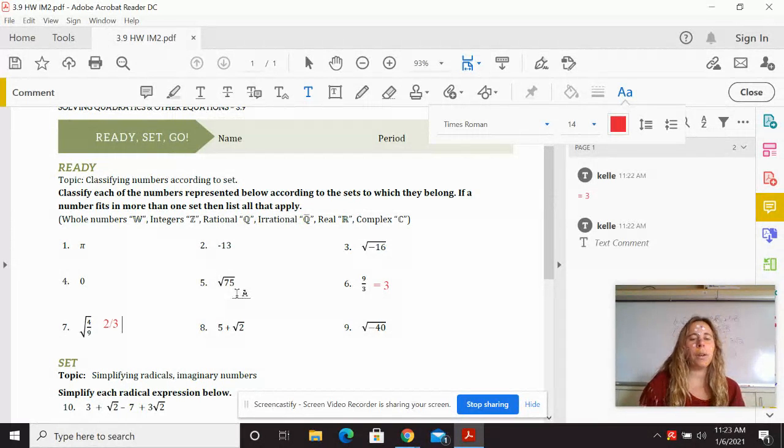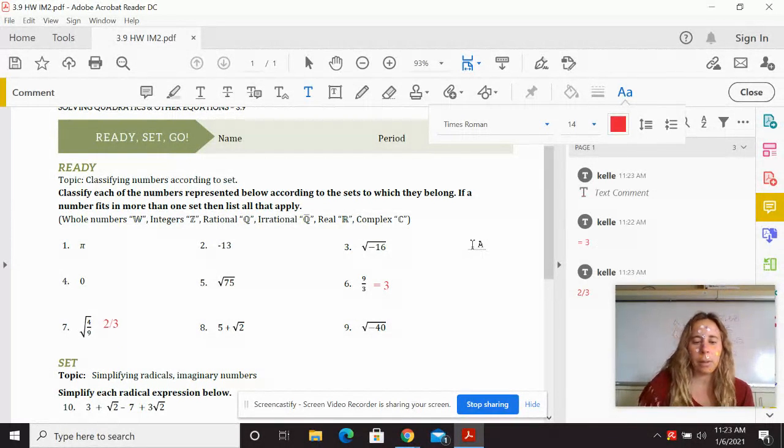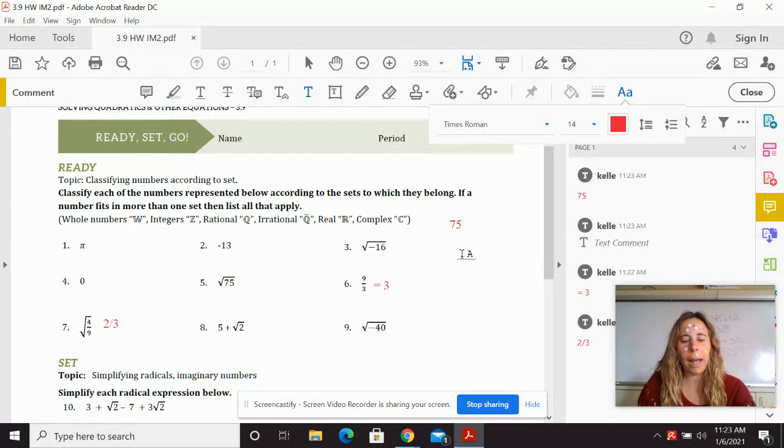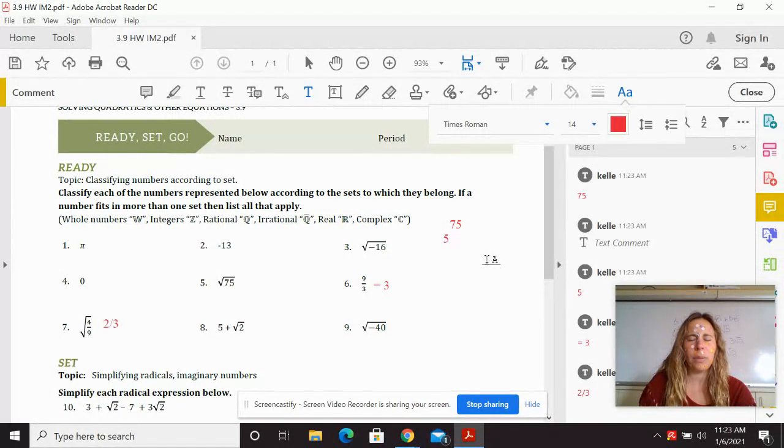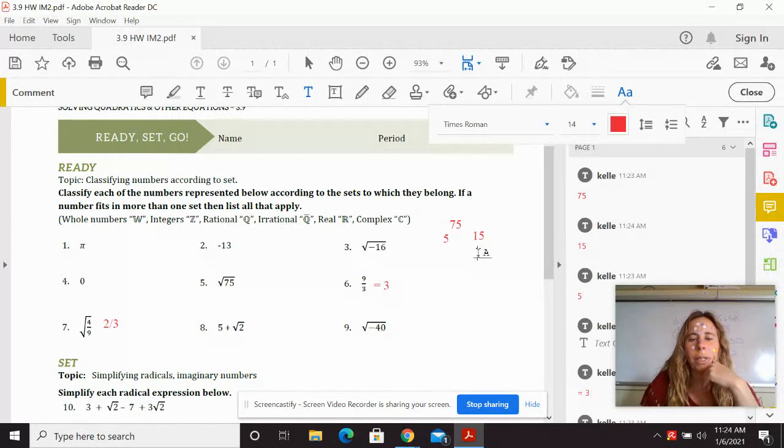All right, the square root of 75. If you want to, you can break it down to make sure you're right. So let's factor it. So 75, that's 5 times 15. Okay, 5 is prime. So let's break down 15 into 3 and 5. Okay, now those are prime. So if you were to rewrite it,